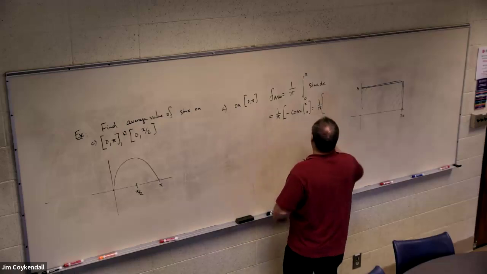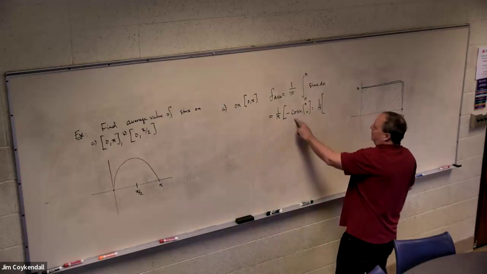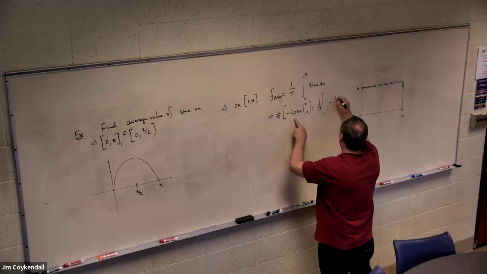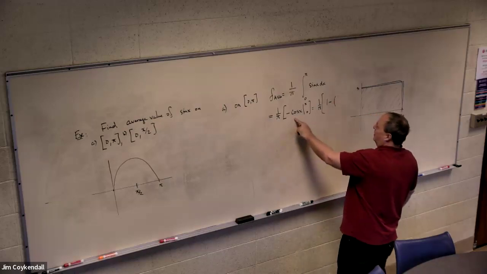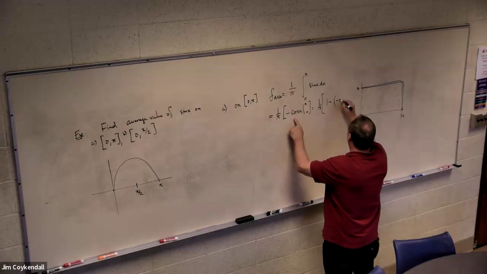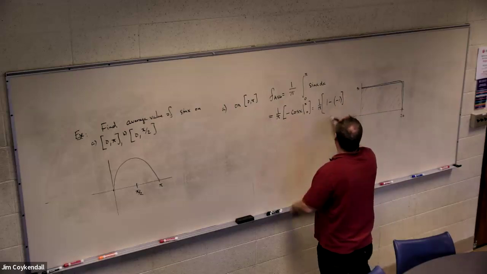When I plug in pi, minus cosine pi gives 1. And when I plug in 0, minus cosine 0 gives minus 1. So I get